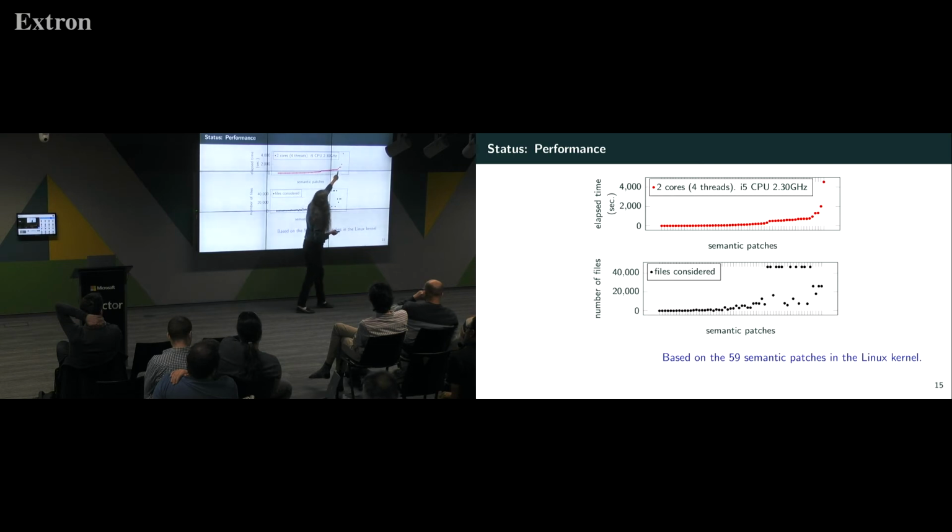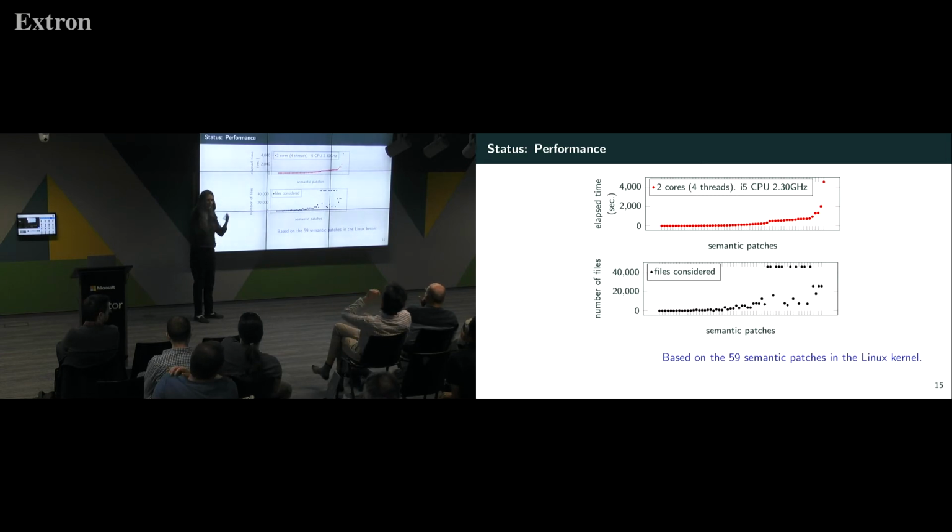Then there are a few pathological cases over here at the end. You can look at this graph. We see we're not actually considering all that many files. It's only down to about 20,000 in this case. So what this shows is that the hard thing is not considering more files. The hard thing is the analysis you have to do in some of these files. The dot, dot, dot is searching over all control flow paths. If you have a few ifs, a few loops, then your number of control flow paths will get exponential, and that will take a lot of time.